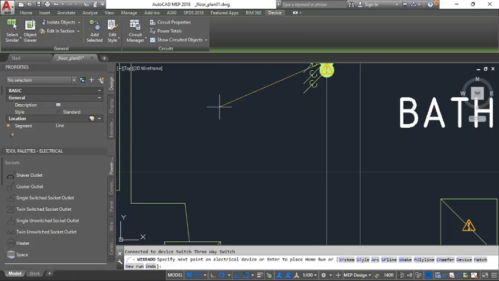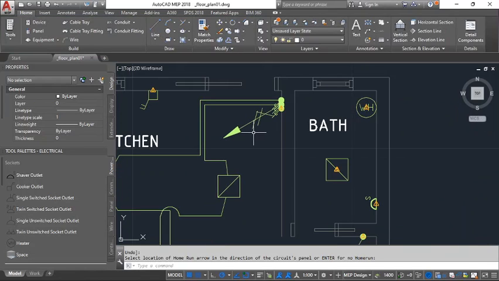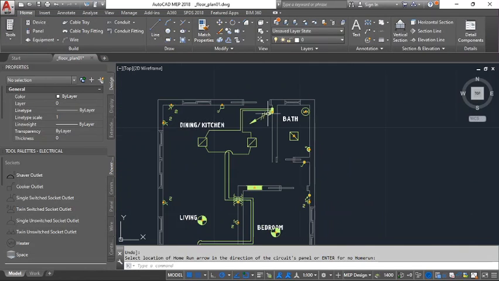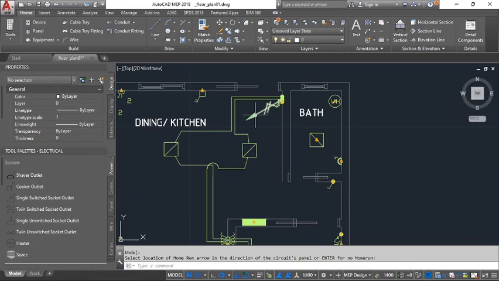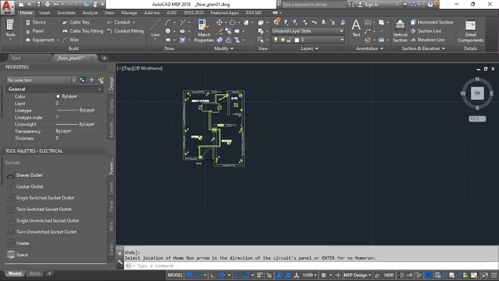In order to create a home run, before you click anywhere, just press enter on the keyboard, the arrow appears, and then that. Okay, so that is the home run. It shows the circuit connection to the circuit breaker at that point. Okay, yeah, and then we can connect the switches,